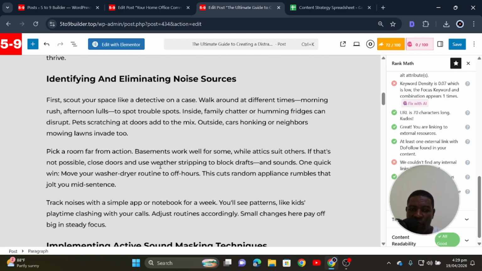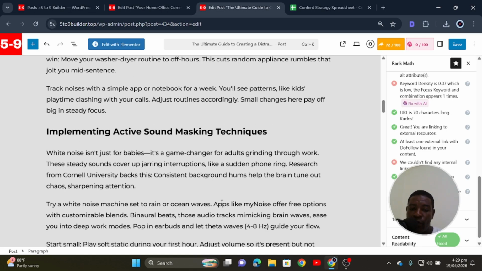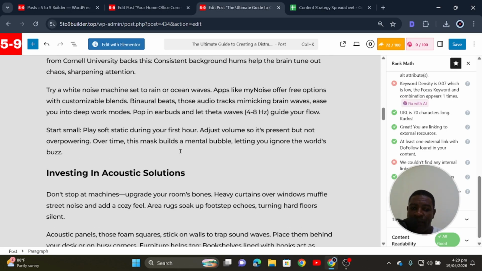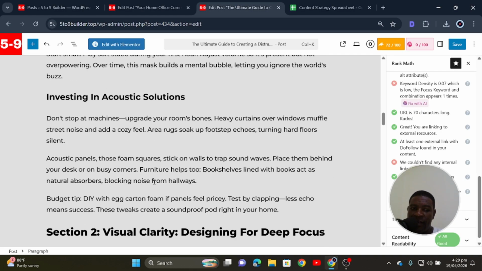So I'm looking at it, and then if you realize that you are not getting these kinds of terms within the blog post, what you have to do is create a sentence that will contain this word, and then use that to link it to the blog post that you are referring to. You understand? Okay, so